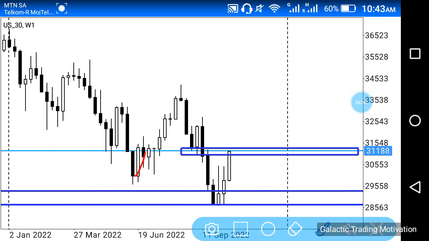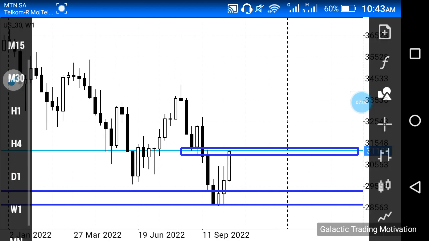Number one, we have this M structure. Number two, we have price breaking to the bottom side of that neckline, heading back to the neckline to test it. And number three, we have the neckline aligning with the 61.8% Fibonacci retracement level, right? Anyway, as I said, we need further reasons for why we should be selling at that point. So what I'm going to do now is head down to the daily chart,